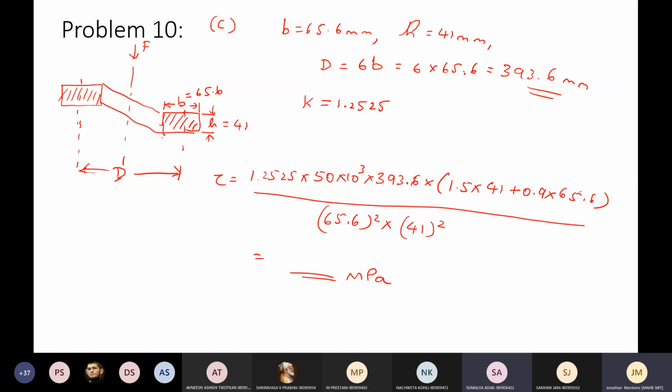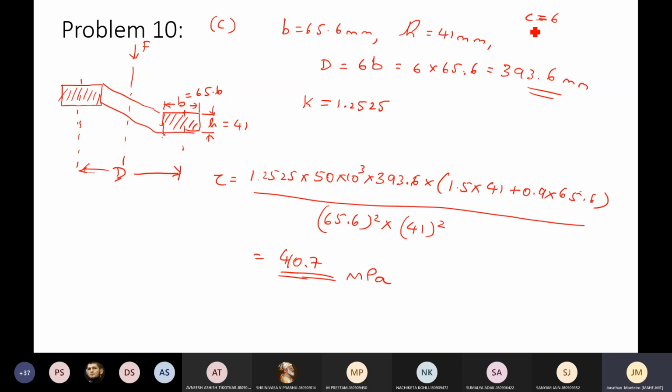410.73. Did he calculate it the right way? 6 times B, right? Yeah, okay. Anyway, the assumptions are such. How much? 410.7. Okay. So what you assumed is C is equal to 6 here, and this is already calculated to be 6 times B. Okay, fine.